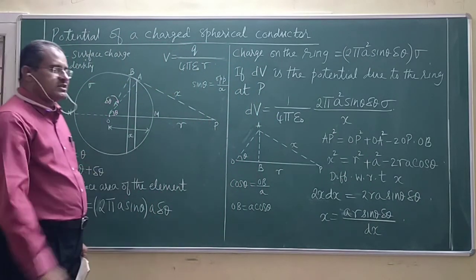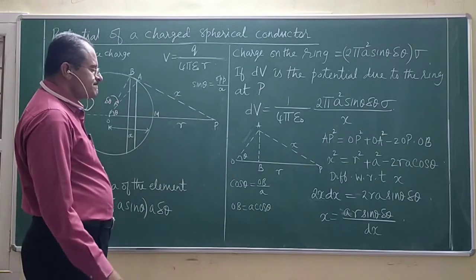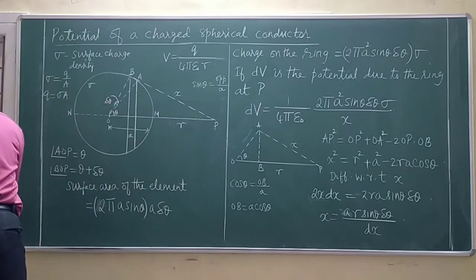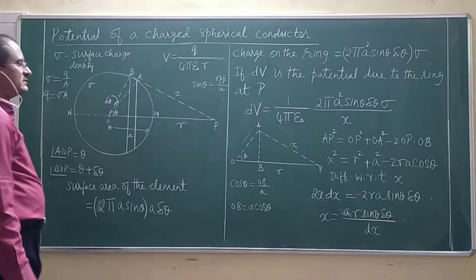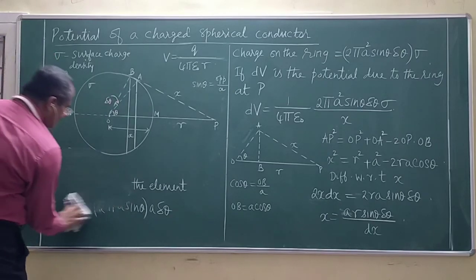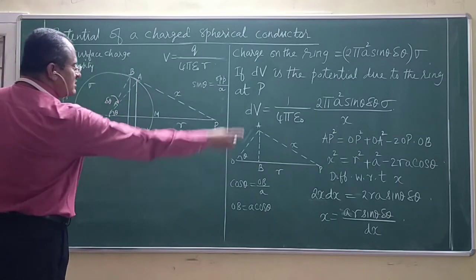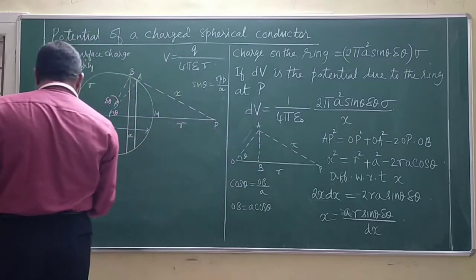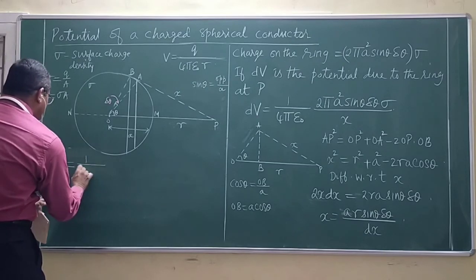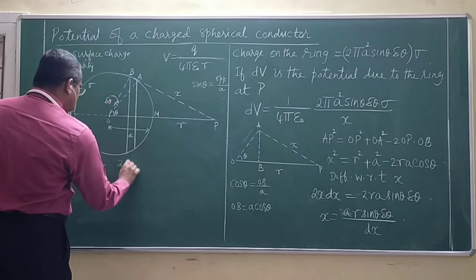If you differentiate cos theta it is minus sin theta, if you differentiate sin theta it is cos theta. Now I am going to rub this off; the diagram I will draw a little bit later. Let me substitute this value of x here. Therefore, I get dV is equal to 1 by 4 pi epsilon naught 2 pi